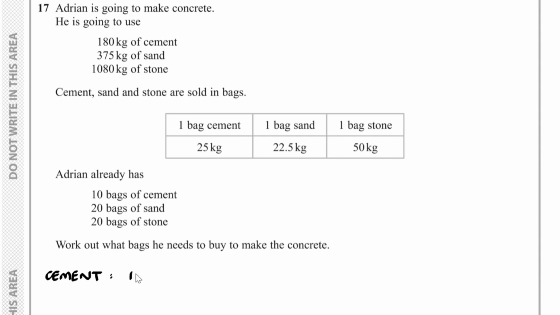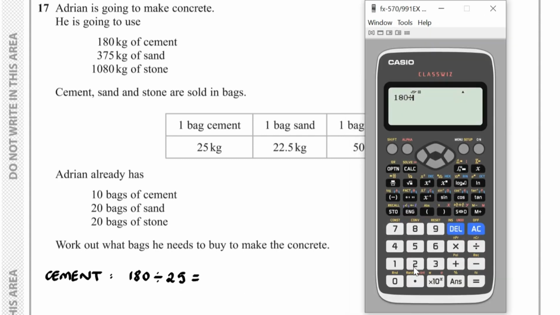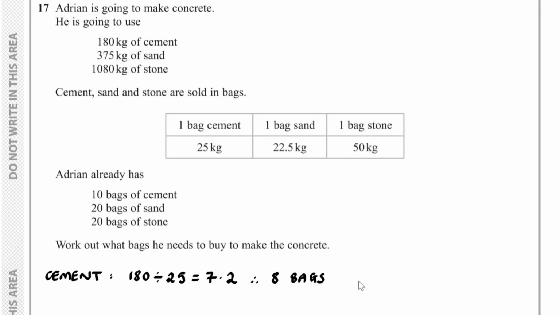So if I do 180 divided by 25, that's equal to 7.2, and therefore we require 8 bags. Now if I compare this with the 10 bags, because this is less than the 10, we can therefore conclude that he has enough